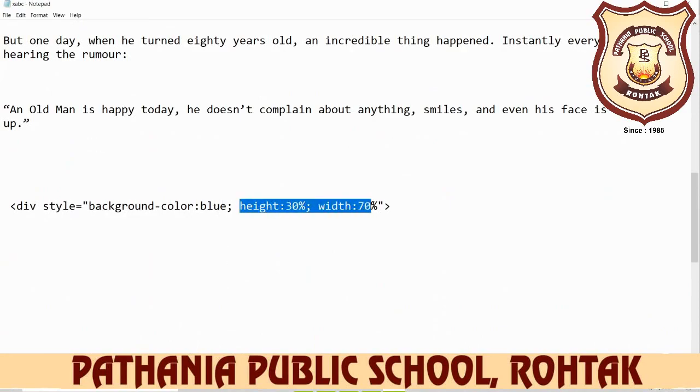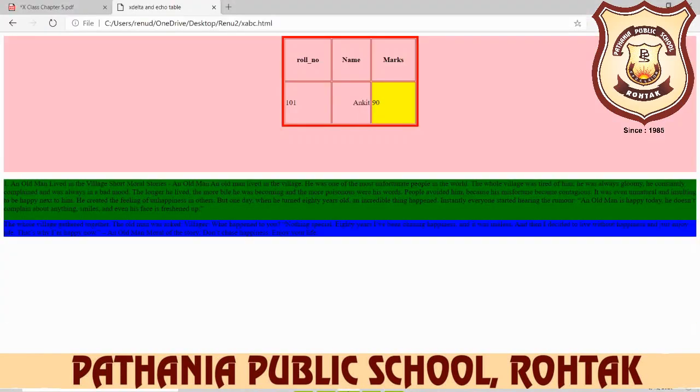For example we don't want these changes in my file, then you remove it and save it and again open your browser and now see, so this is okay.